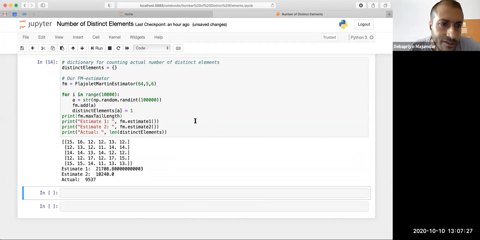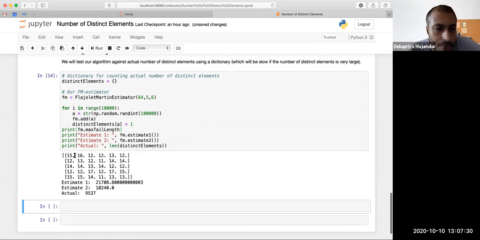Okay. So the matrix becomes like this. These are my R's, the maximum tail length seen so far. Now, if I take the medians first, then the average, we are going to get something. If I take the averages first, average means not the average of 15, 12, 14, and so on. We're going to take the average of 2 power r's. So the averages are actually going to be very large, right? So then we are going to get something else.